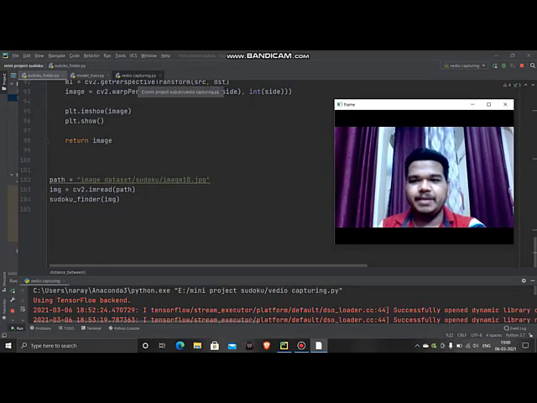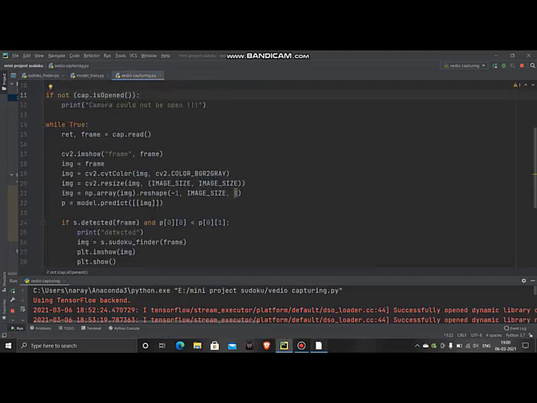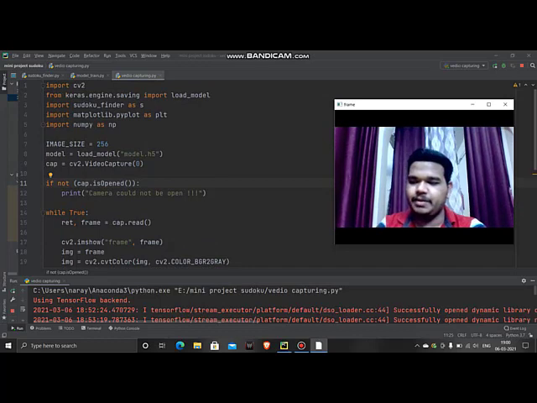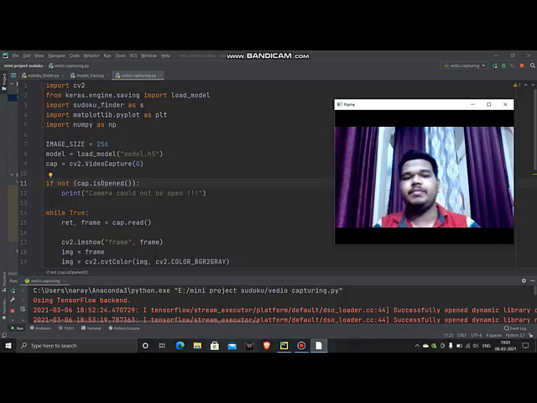Hi guys, my name is Narayan and today we will be discussing the detection and the extraction of a Sudoku from an image. So for that we will be using a webcam, and the webcam will give us the video feed. From the video feed we will be taking images one by one, and then we will be detecting if those images contain a Sudoku or not, and then we will move to the extraction step.